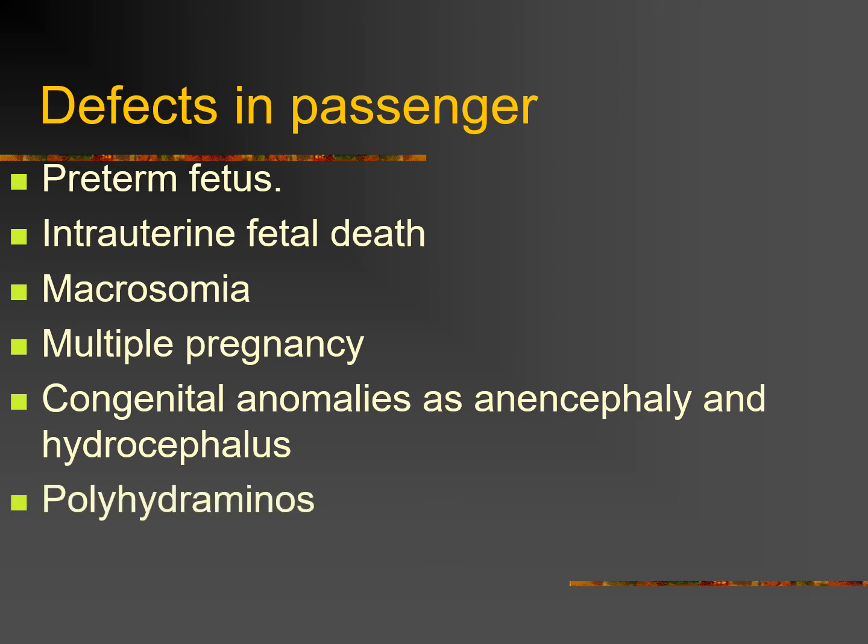Then polyhydramnios. In the case of polyhydramnios, especially when the membranes are rupturing, there is a chance for a gush of the amniotic fluid, and along with that gush, the baby also may enter into the pelvis. That is one reason. Sometimes along with that gush, the umbilical cord or fetal vessels may come out in front of the presentation or in front of the head. So it may be a cord presentation. There is a chance for that. And another thing, engagement of the head will not occur at the correct time.